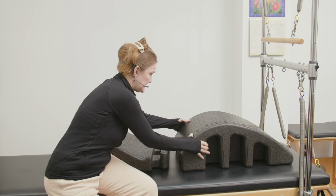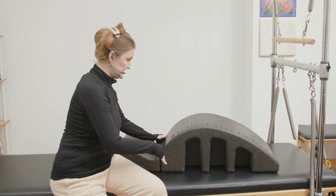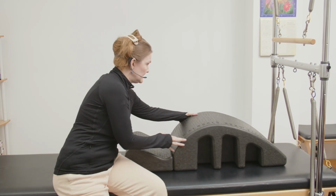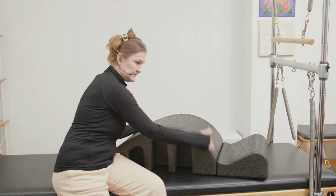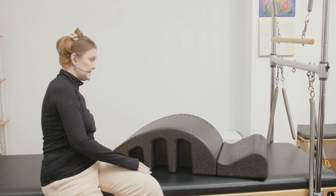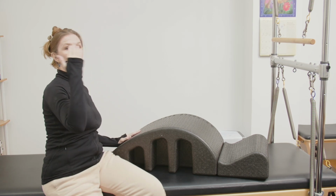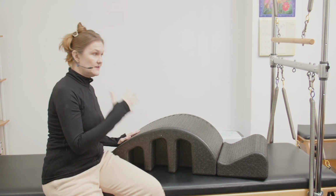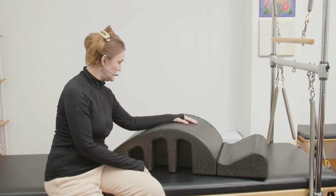And if you don't have a step, that's fine. You just do this without the step off to the side. But what's so great about this arc here is that there's two sides. There's a steep side and then there's kind of a sloped side. And so if you use the sloped side when we extend backwards, you don't have to go as far with your head. So it helps to stabilize your